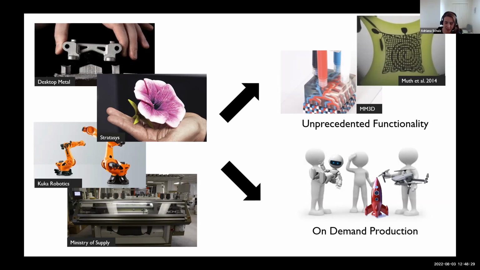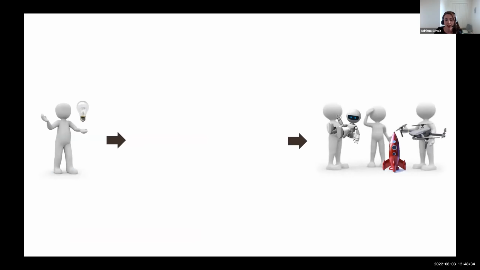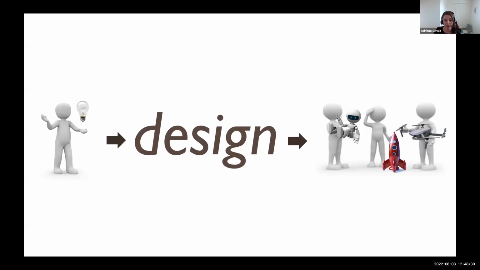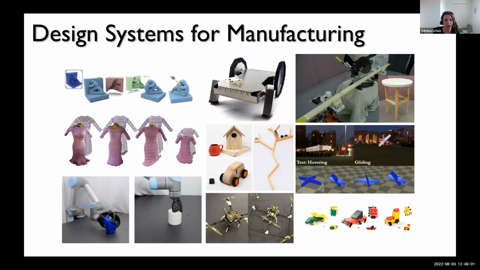But we cannot achieve this with advances in hardware alone, right? Because there's a fundamental step between having an idea of something you want to make and actually going about and making it. And that step is design, right? So the vision of my group, and I'm part of a computer graphics group, is that in order for us to be able to really take advantage of the novel hardware that is going to change production, we need to rethink and reshape design software. And I think about design really broadly, and I've worked on a large number of domains, everything from garments, carpentry, 3D printing. We do a lot of work also in robotics.